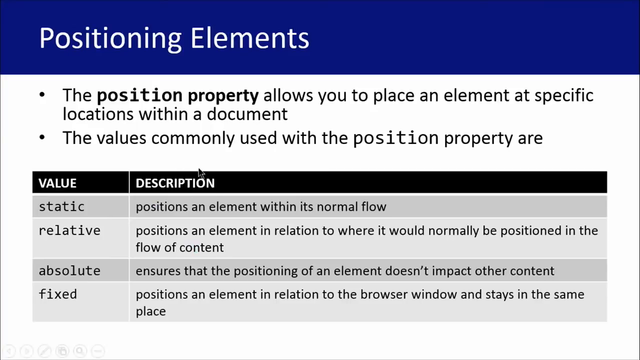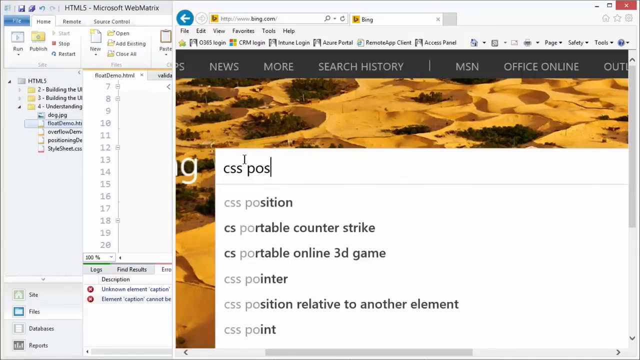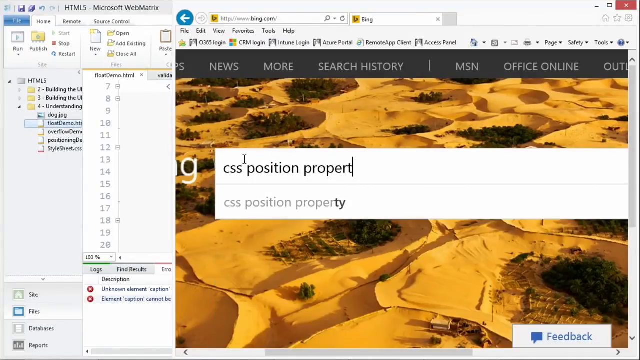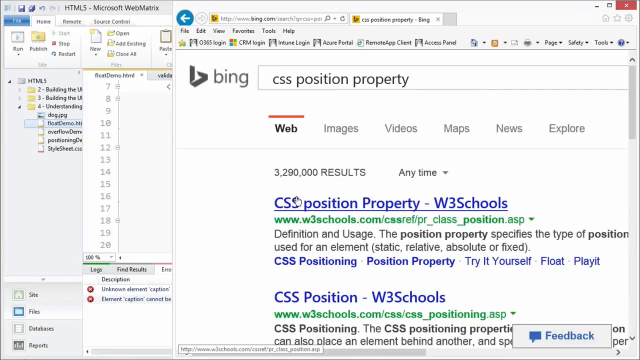I'm actually going to exit out of my presentation here, and we're going to go to Bing. I'm just going to do a really quick search here for early human species found. That's exciting. Going to do a quick search for CSS position property. You can find a lot